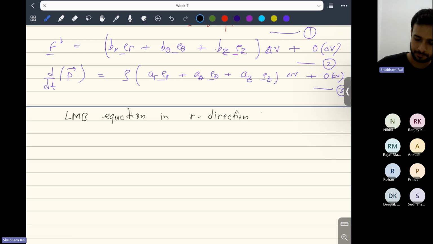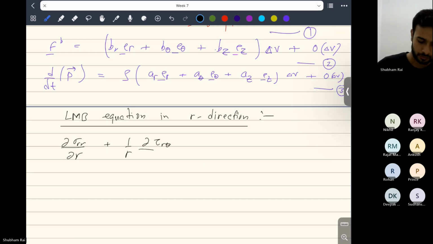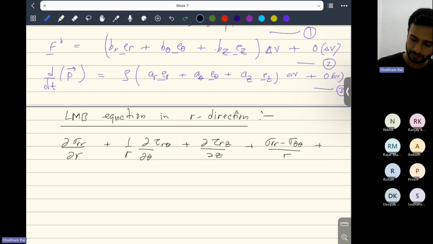That will be del of sigma rr over del r plus 1 over r del of tau r theta over del theta plus del of tau rz over del z plus sigma rr minus sigma theta theta divided by r plus